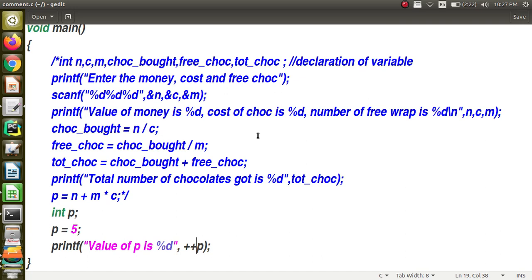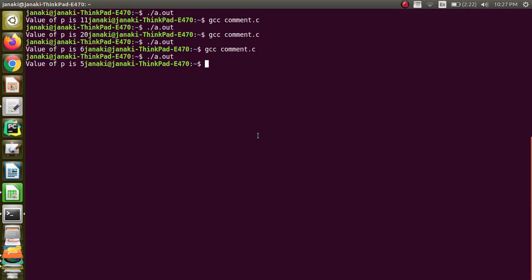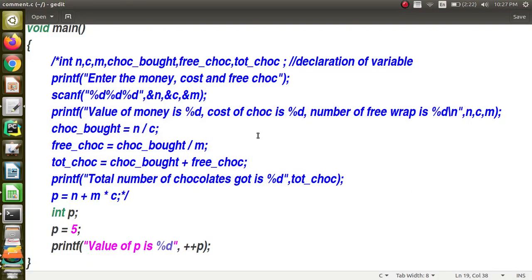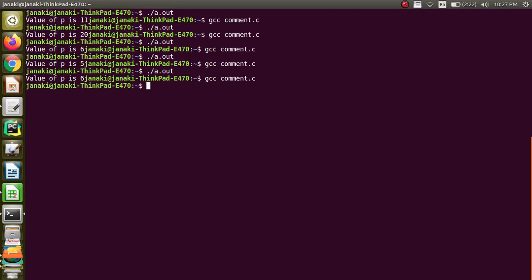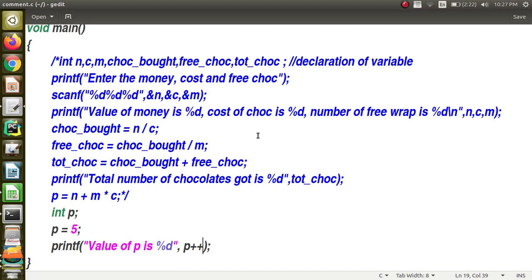If you want to use the value first and then increment, put it after the variable. So now you see what happens when I put it before the variable name. I am just compiling, and you can see that the value of P is 6 because I have done pre-increment. Suppose you are doing post-increment, now I have put the plus plus after the variable name. In this you will see that the value of P is still 5 here, but after this print it will become 6. In the next line itself it will be 6. This is how it works.